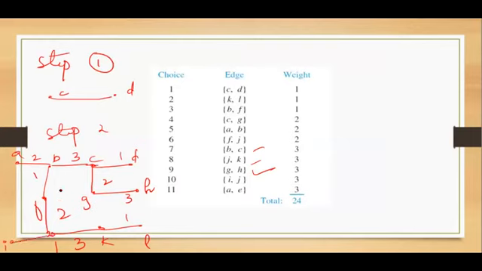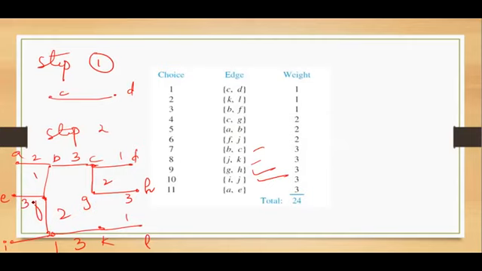It may be looking confusing over here. So first what you are supposed to do is select an edge. First and foremost, select the minimum edge. Then second, in step 2, keep on adding the edges with the minimum weight, and you just have to check whether it is forming a circuit or not. While in Prim's algorithm, you were supposed to add edges which were incident to the vertices which we have already selected. So I have taken IJ. And finally, I am taking AE. Okay, AE is also 3.